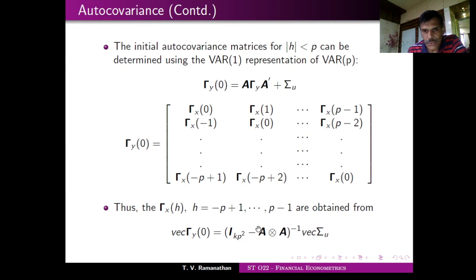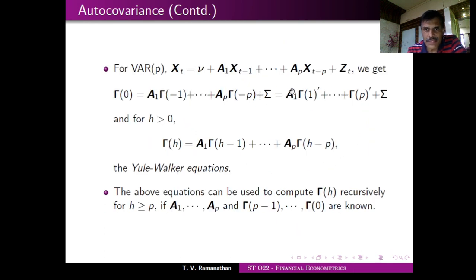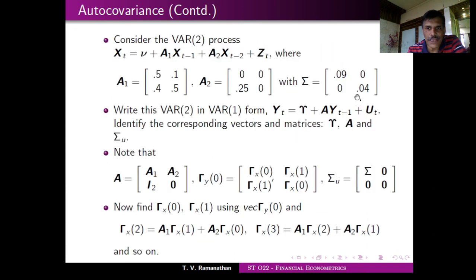And how do you do that? That's pretty simple, because gamma y0, gamma y is here. So you take it out, so it is I minus A prime. Now that is the matrix format. And now if you take vec format, it is vec of this is equal to this inverse vec of this. Okay? So this is what you get. I think there is a vec here that is missing. So there are three errors. One is a vec here, another is a gamma 0 here, and a third error is AP. So there are three typing errors I have found.